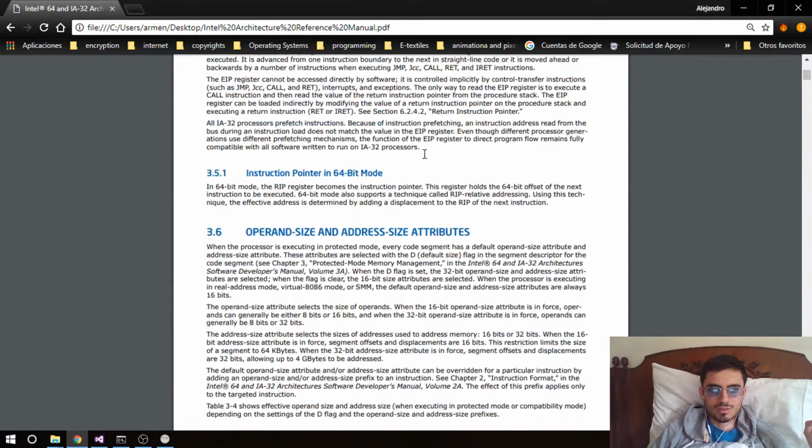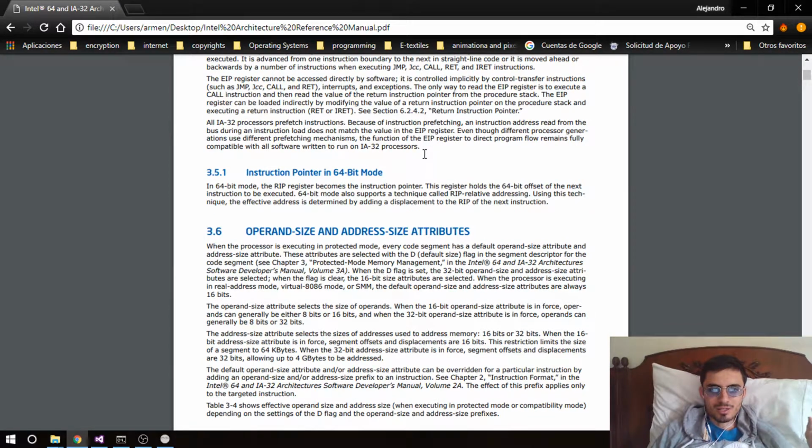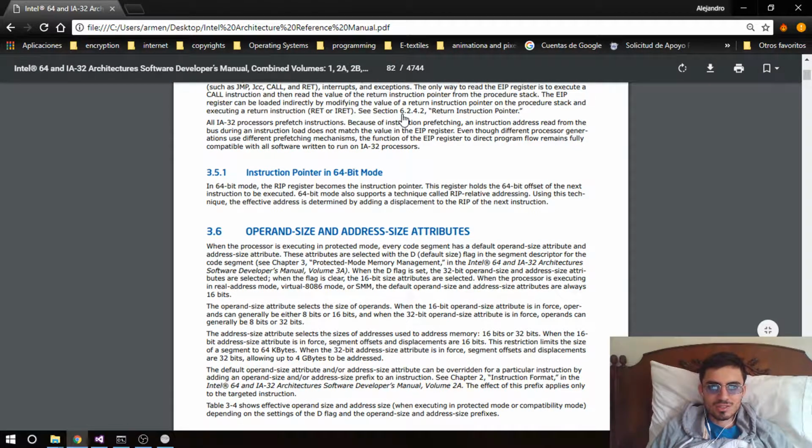Okay, this is cool. This will answer my question of what operands are. See section 6.4.2. Let me copy this here so we can